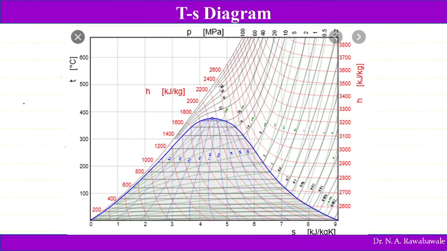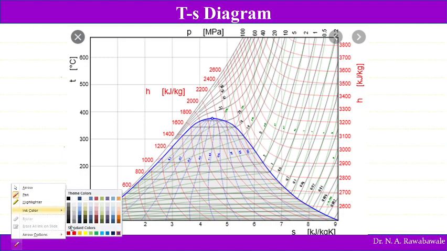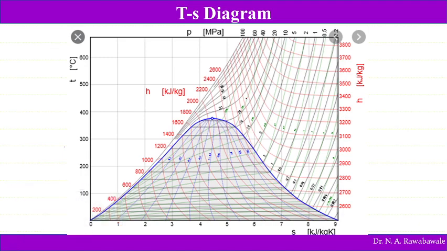Then the second mistake that I committed was about these pressure lines. Pressure lines are represented by a horizontal line. So here this is the constant pressure line, and the process moves along this. I had explained it along this green line, which is not a constant pressure line. In this region, the pressure line as well as the temperature line on the T-S diagram